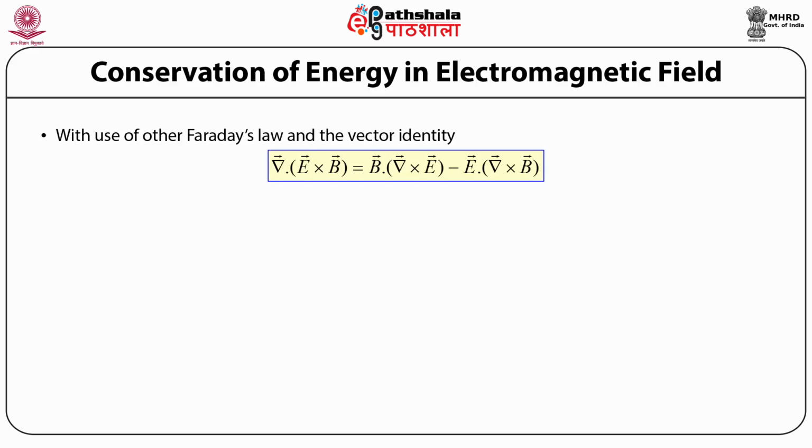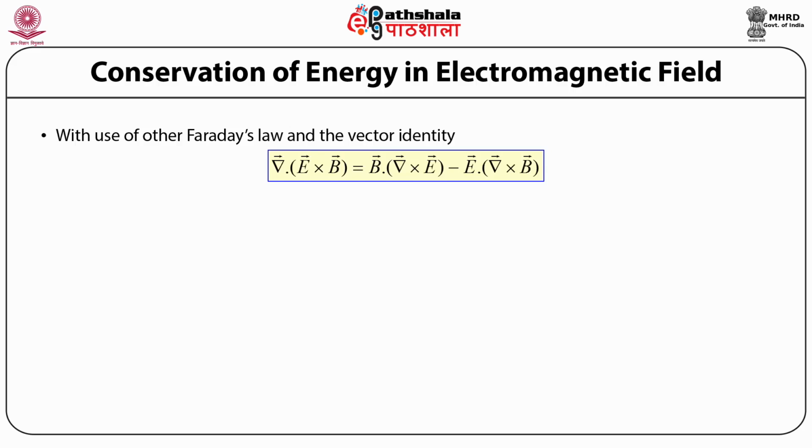And this vector identity can be written as the scalar or the dot product of the magnetic field induction vector with the curl of the electric field vector minus the scalar or the dot product of the electric field vector with the curl of the magnetic field induction vector. So using Faraday's law, which is basically del cross E is equal to minus del B by del t, using that law and this vector identity and replacing this in the above equation for the power and eliminating